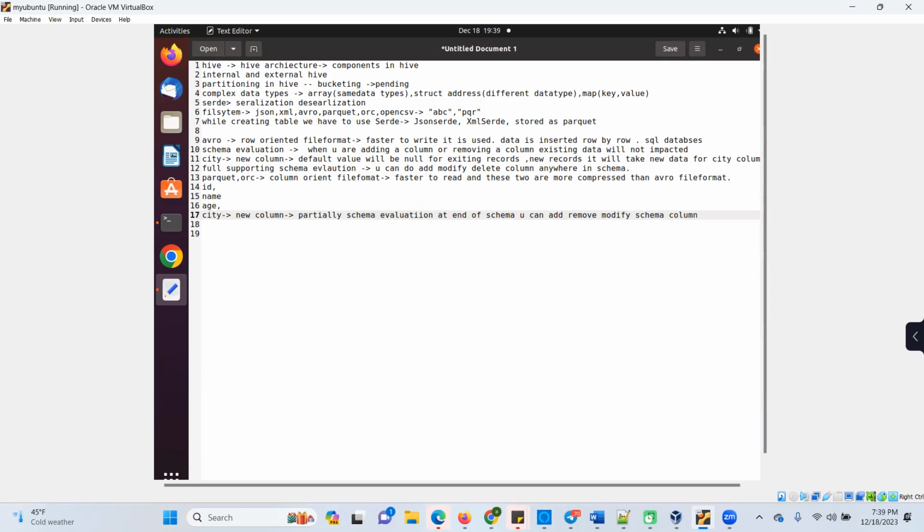That is very problematic, right? Suppose I want to change the sequence of columns. So the schema evolution support is partial, but Parquet and ORC are good in the sense that they are faster to read the data,